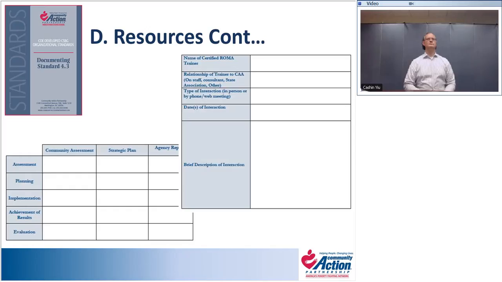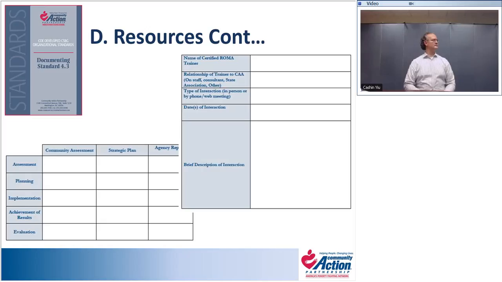A smaller agency asked whether the review process could count. So I think we actually did get that already answered. Yes, if you did have your monitor or your state program director that was ROMA certified and you were working in that more consultative kind of role, then yes, I think that would work, and that's an excellent resource